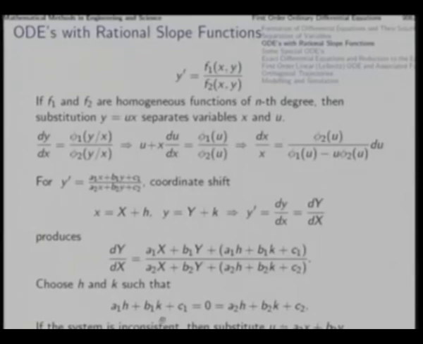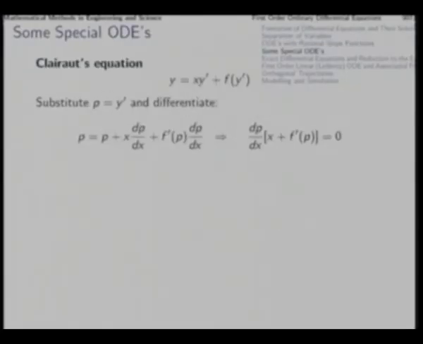So, if this pair of equations has a unique solution, then we choose that solution. On the other hand, if it is an inconsistent pair, then a2x plus b2y is something which we substitute as u, and then it reduces to a separable form. Now, we go to some more difficult situations, and a particular kind of nonlinear differential equation of the first order